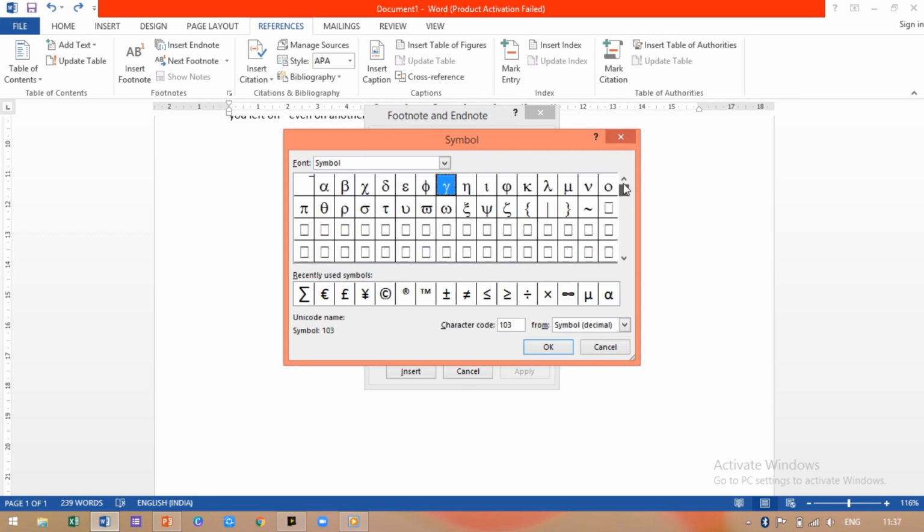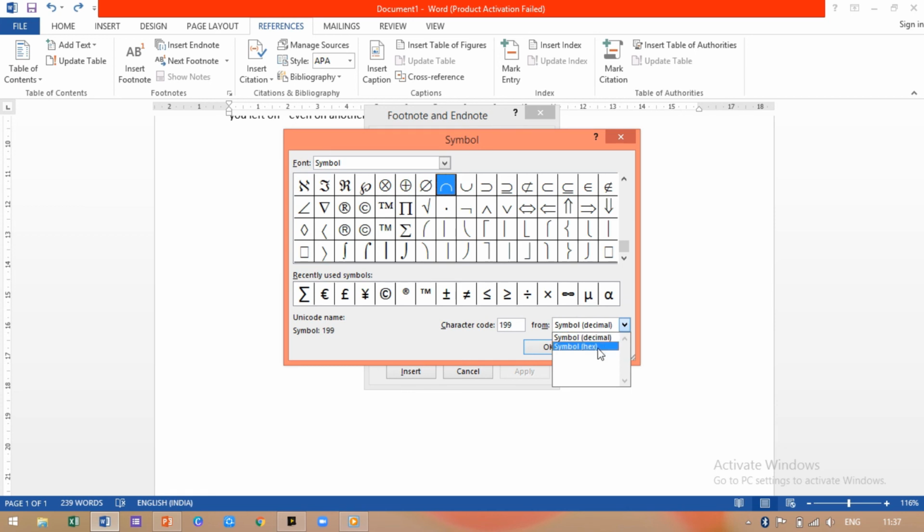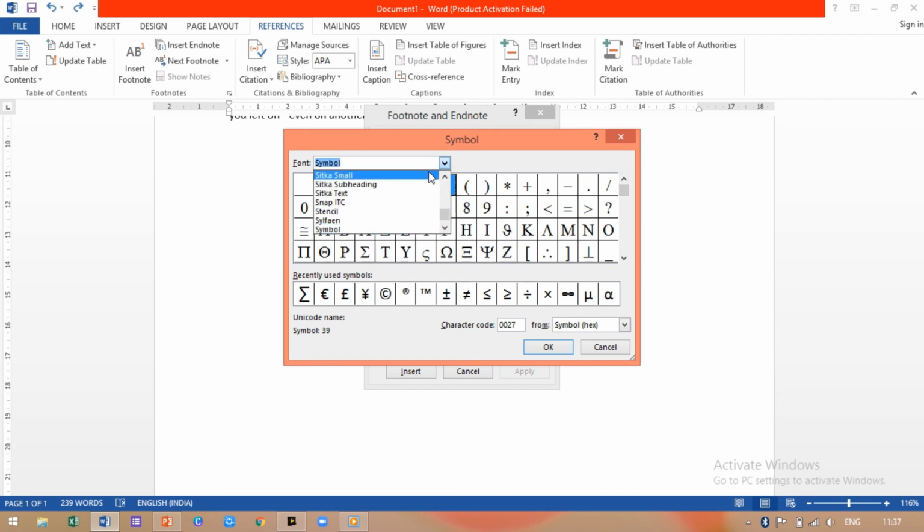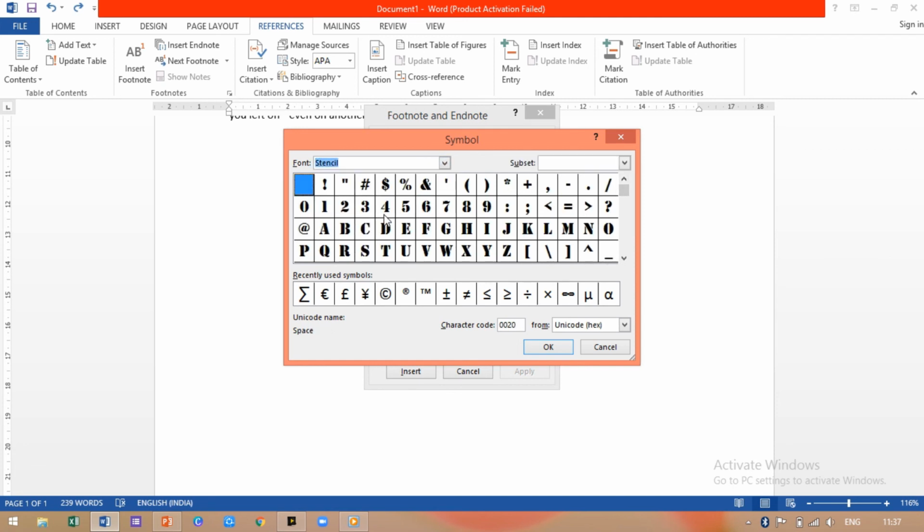See, there are various symbols given. You can use those symbols. Here you have stencil also. In font you can select whichever font you want and it will show you various symbols according to it.